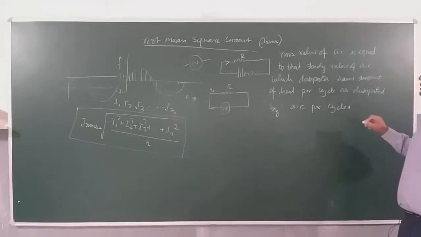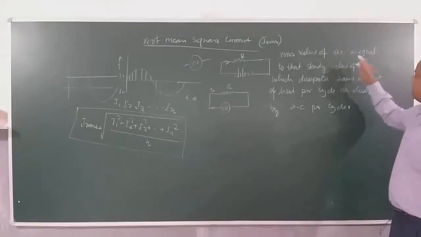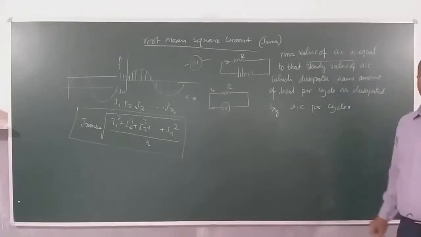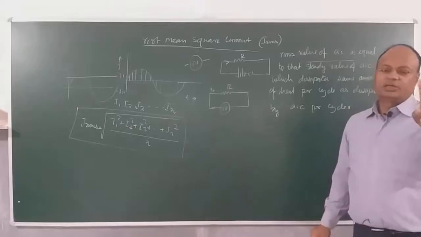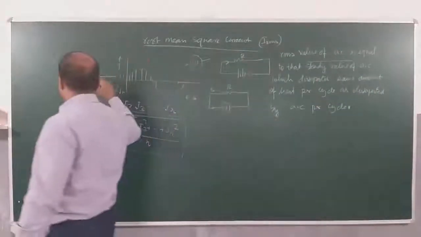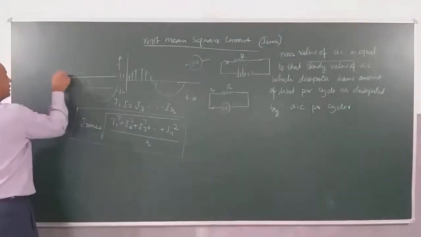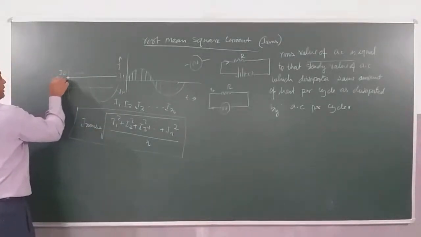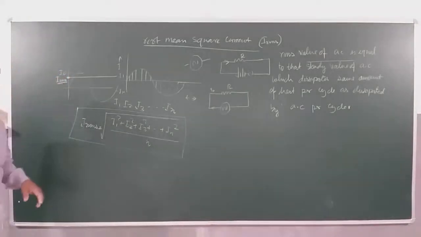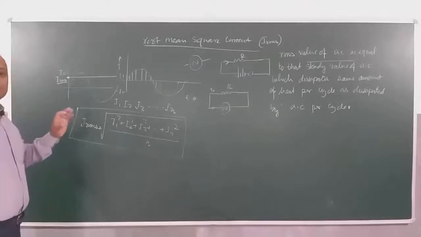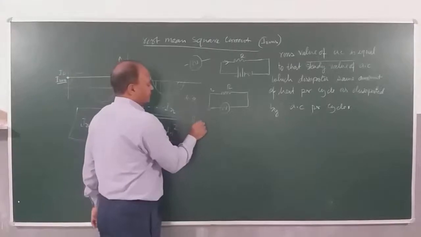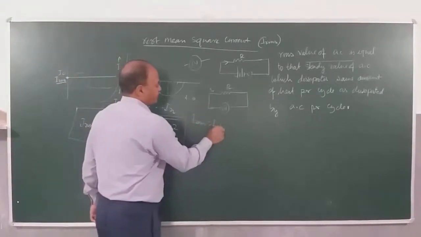So children, here I define the RMS value of AC as equal to that steady value. So when I say this steady value, what value is it actually? The RMS value. And this steady value will appear like a DC, like I have indicated here. If this is I naught, then this will be the steady value I RMS. I means current, RMS means root mean square current. And remember, this I RMS is also written as I effective.